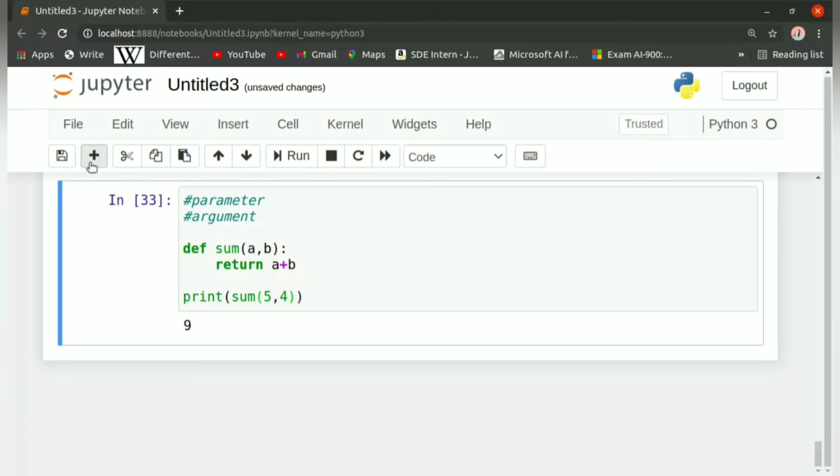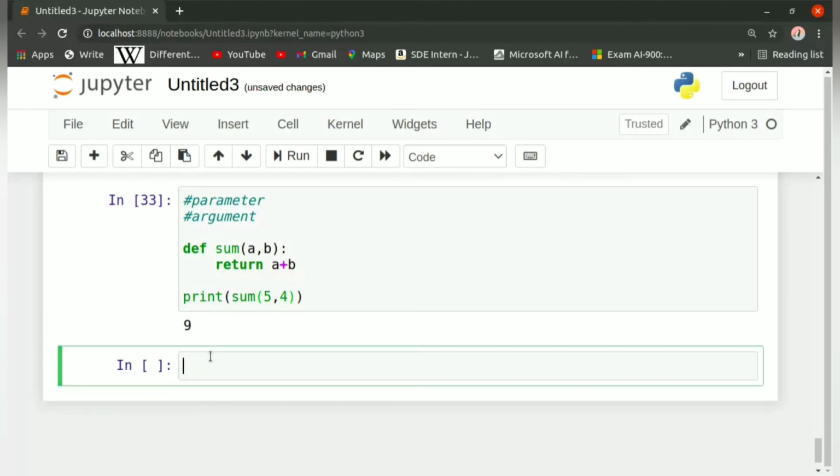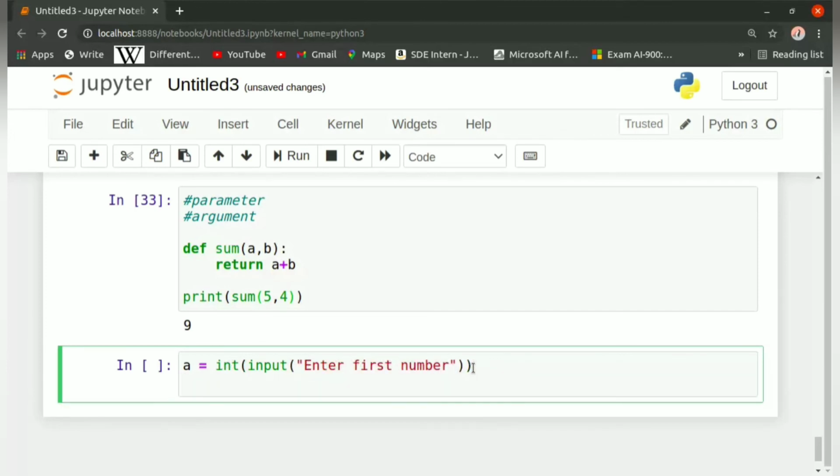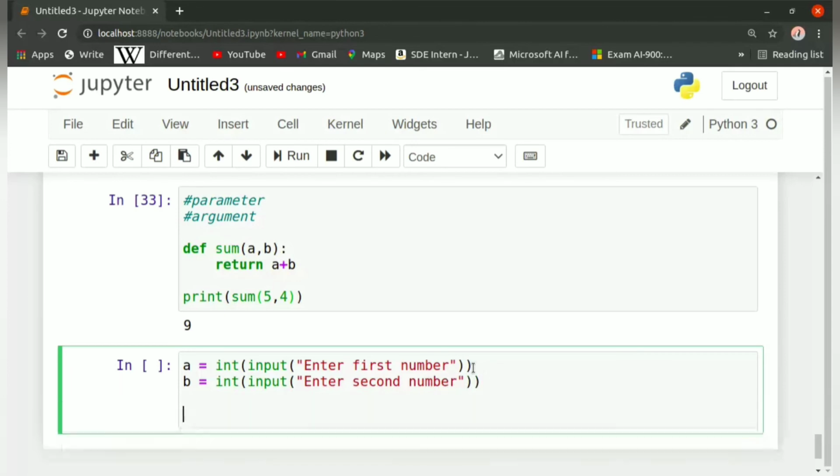Now, what if we specify certain variables as the parameters, and there is a value for the variable, and see what the output is for the given program. Suppose we have a variable a which is equal to int input enter first number, then b which is equal to int input enter second number, and now we have another variable total, which is equal to sum of a comma b.